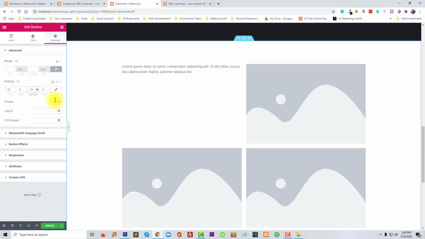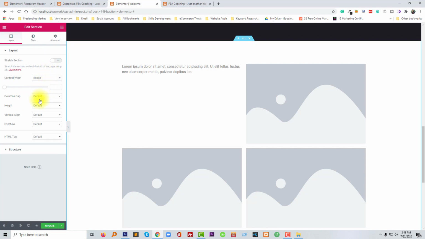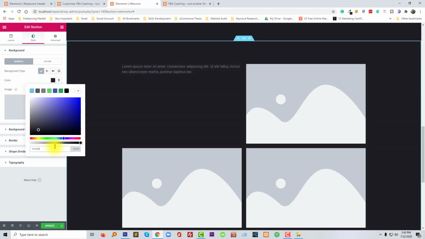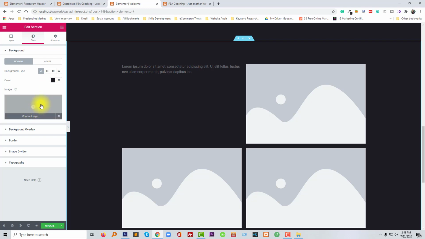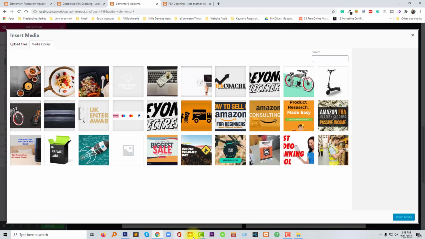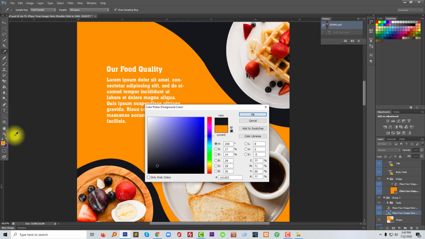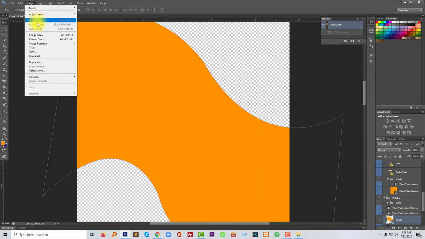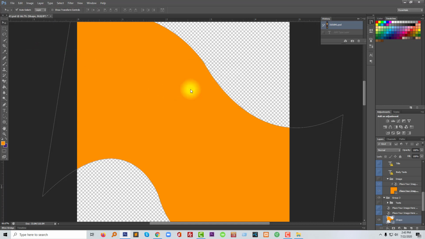So my section background color, this, and background image, going to add this as an image, temp, converting color,